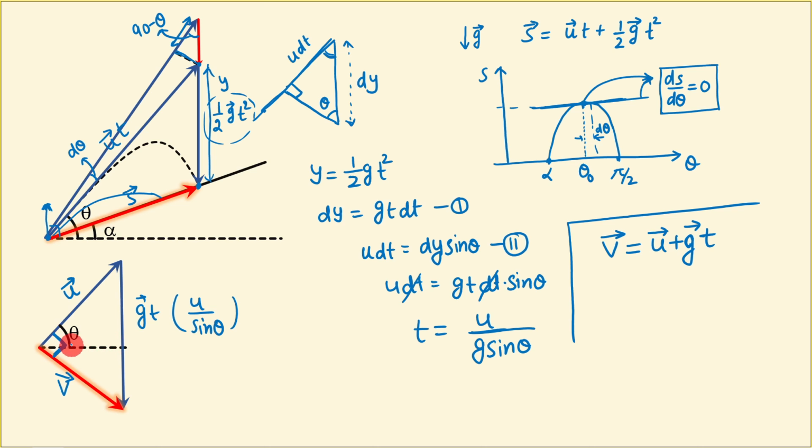Is there anything to prove, or does it just look proved? How is it proved? Let us say, for the sake of assumption, that this angle is 90 degrees. So of course this is the hypotenuse, this is the base, and its magnitude is u. So does our assumption make sense here? Of course it does, right? Clearly, even if we do not assume anything, if this angle is theta, this angle has to be 90 minus theta, because this is horizontal and this is vertical.